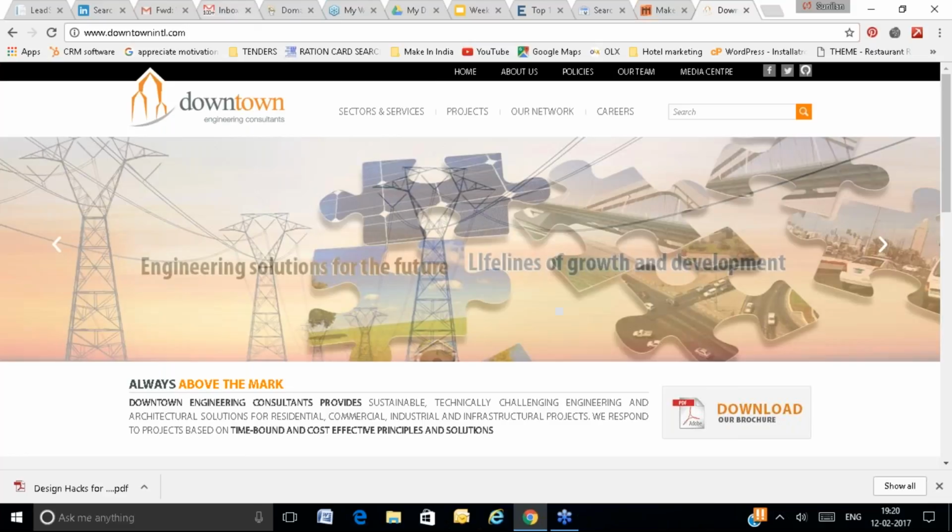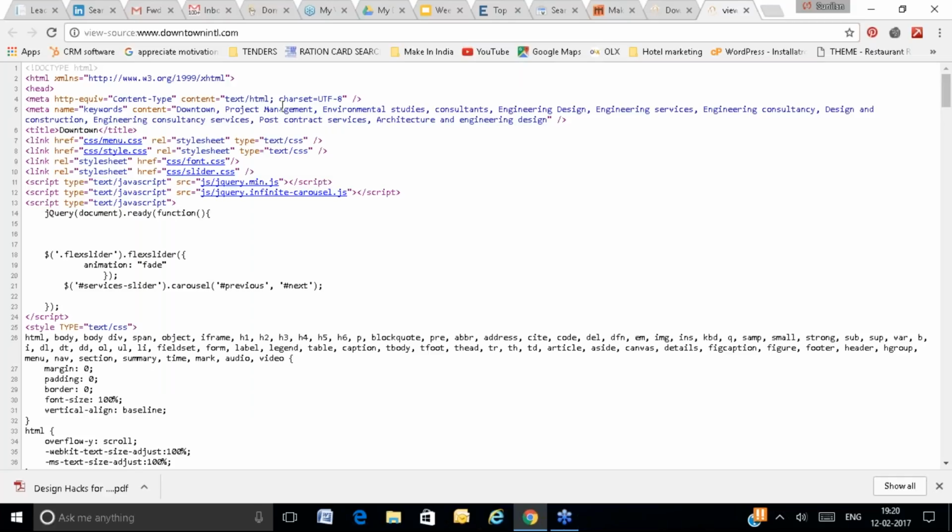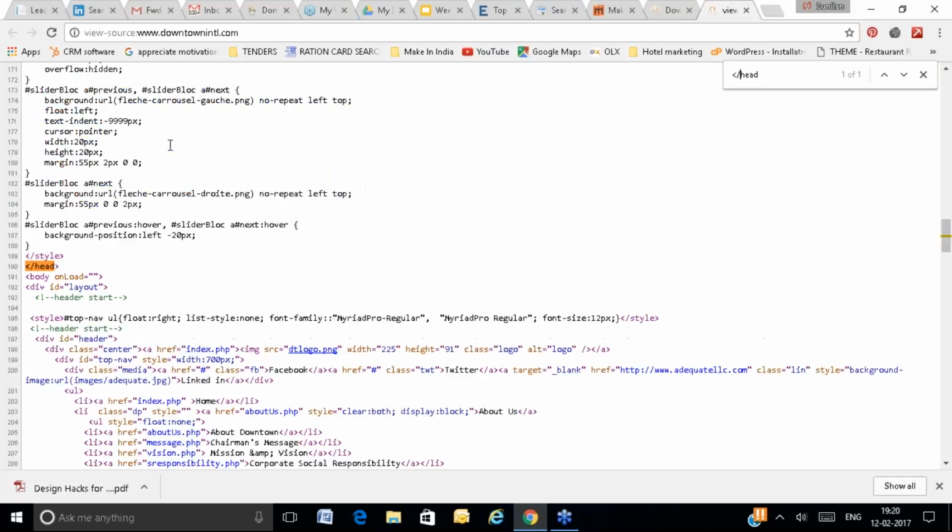To place this code, you must have access to this code. Right now I don't have access, but I'm going to show you how you can place this code. You have to place this code under the head tag, just above the end of the head tag. You will go to the HTML file of your website, and you will place your code above the end of the head tag, right?